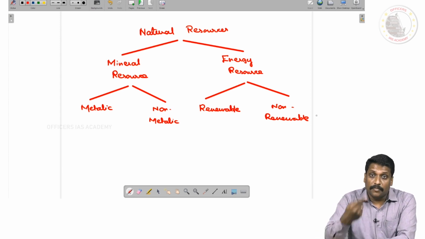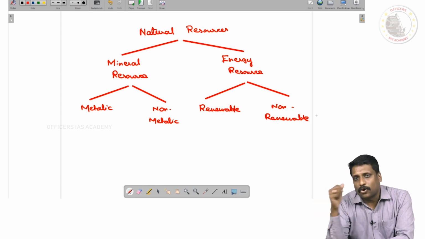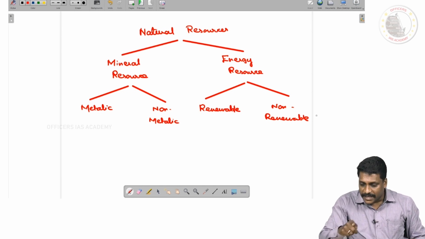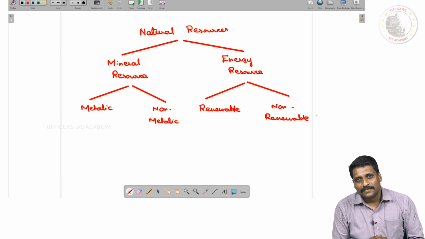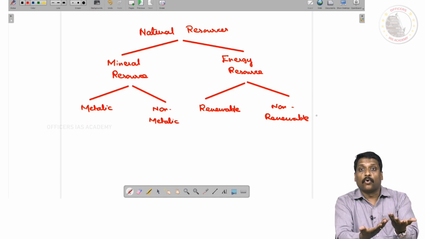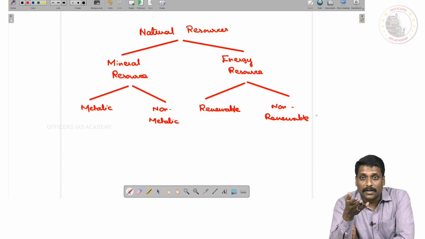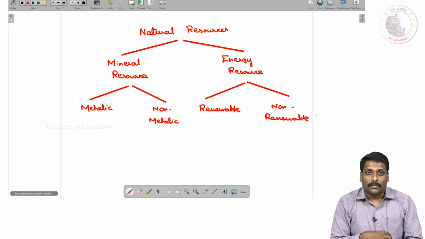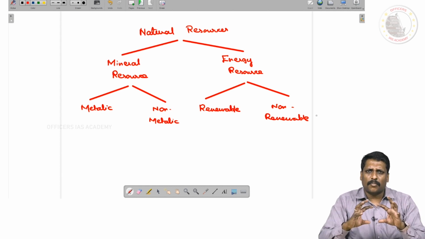Based on the renewability, or based on the reusability, you call them renewable and non-renewable. What is renewable? Before you exhaust this energy, if this energy is available to you again, you call it renewable. If the rate of exhaustion is more than the rate of replenishment, you call it non-renewable energy. Say for example, you are exhausting it, but this energy is not available to you again, by the time you almost complete, it means almost exhausted, right, sir? You call it non-renewable energy, right, sir? So it is all about the reusability.